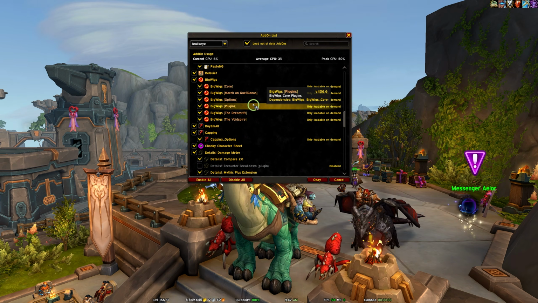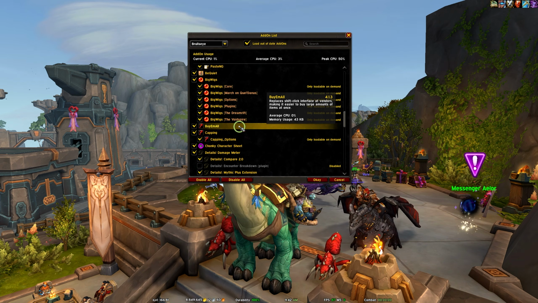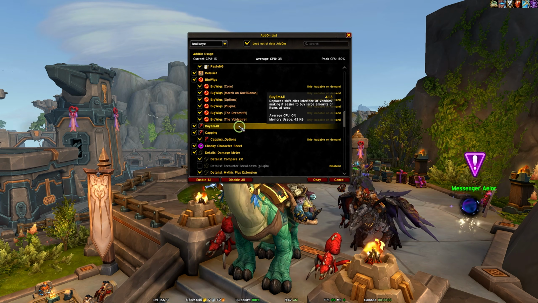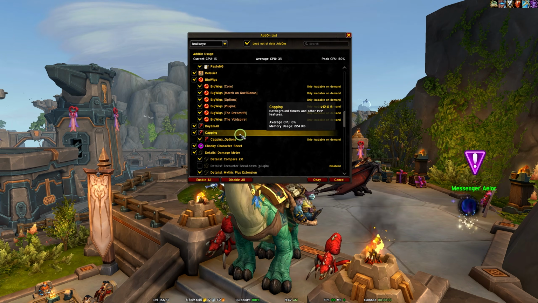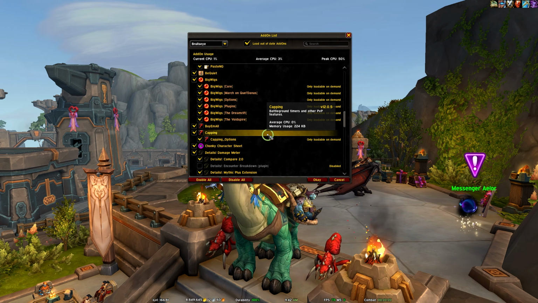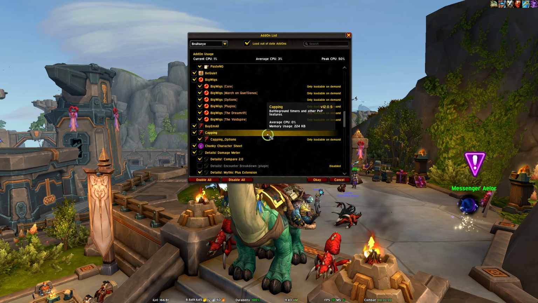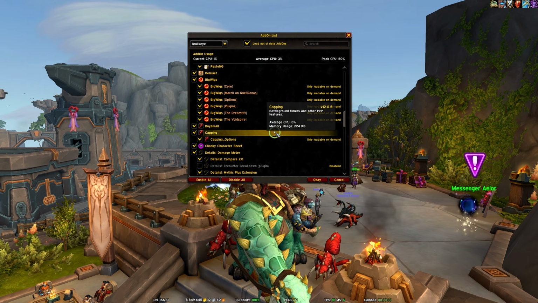Bigwigs, you know what Bigwigs is. Buy 'em all allows me to buy much larger stacks of items from merchants. Simple as that. Capping is just a PvP add-on. It allows you to see things in like Arathi Basin and whatnot, like, hey, farm is captured in X seconds. Alliance or the Horde are going to win in the next minute 20 based on how everything is mathing out at the moment. If you PvP, you probably use this add-on or something even better than this. I just installed this the other day because I was bored and I decided to queue for some PvP stuff. It allowed me to test my UI, and yeah, simple. And that's all there is to it.